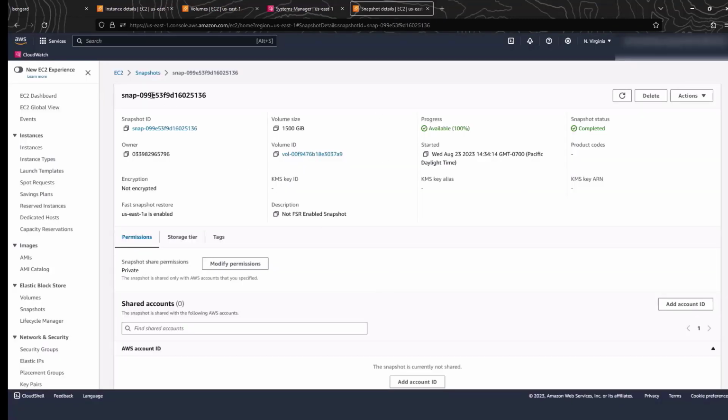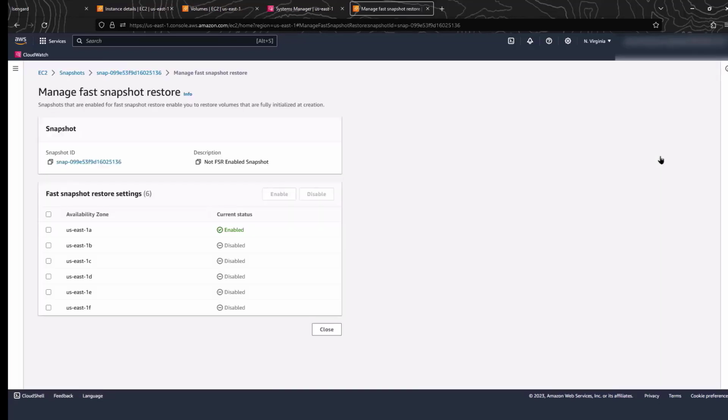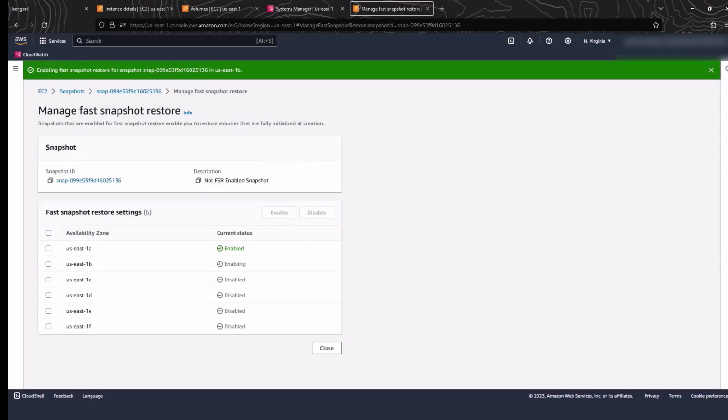So this is the snapshot which we want to enable. You just select the snapshot, go to Manage Fast Snapshot Restore feature, select the availability zone where you want to enable this, and just say enable. When you are enabling this, it will go through different stages. You can see this is now in the enabling stage, which is nothing but a request was made